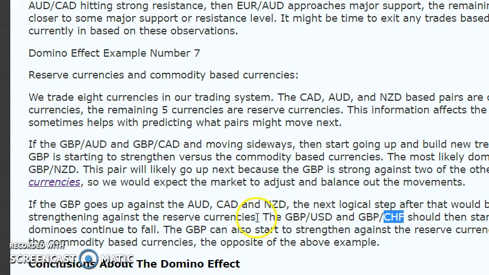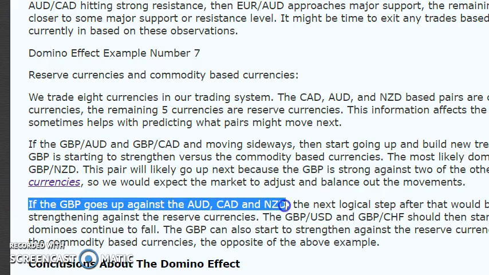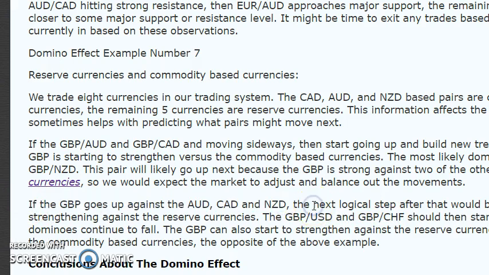Okay? So, it can also happen in reverse. You can have the pound USD, pound Swiss, and pound yen go up first, and then it spreads to the pound Aussie, pound CAD, and pound New Zealand. So,